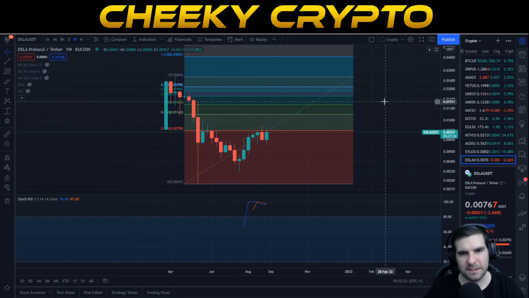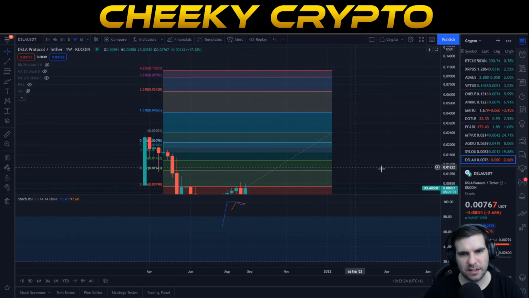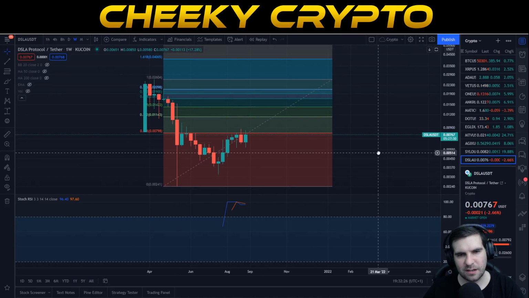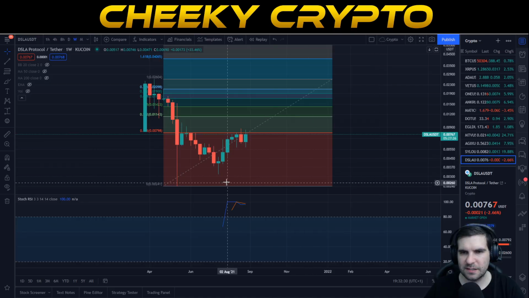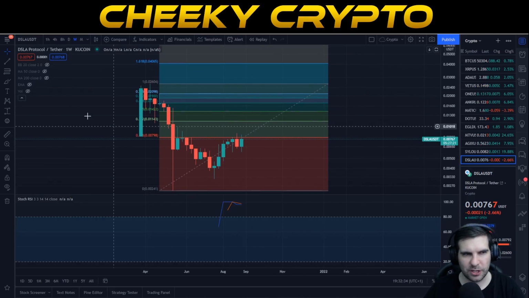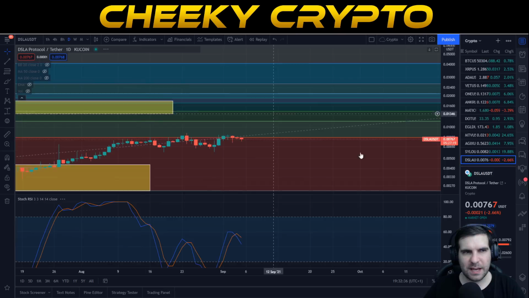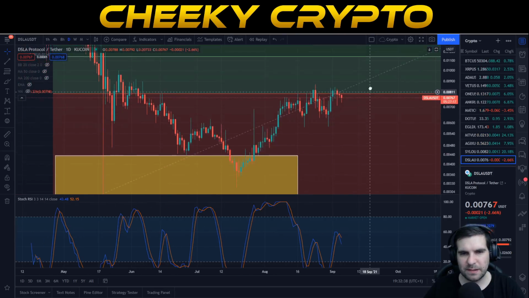A micro cap coin like this, again, would not take a lot of money to move the needle in the right direction to see these targets get hit. That being said, I do think that this project has serious capabilities to do really well in the future. So one to watch out for there. With that being said, let's jump down into our daily and we'll just expand this up and take a look.